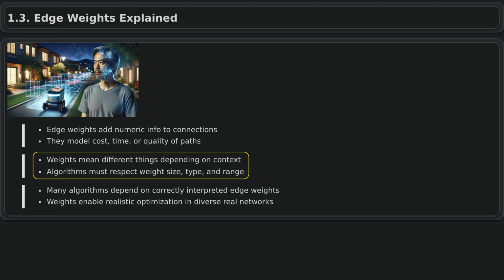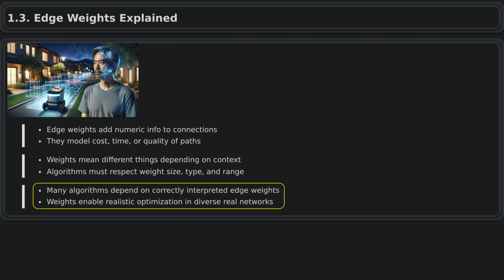But when weights vary, algorithms must account for these differences to make good decisions. Edge weights are crucial in graph algorithms because they let us model not just connections, but how strong or costly those connections are. In logistics, weights on roads between warehouses and stores can represent travel time or cost, helping find